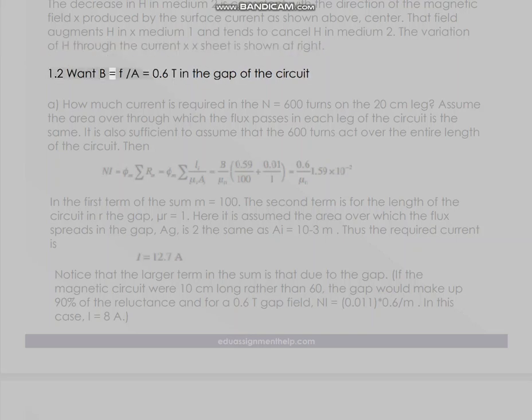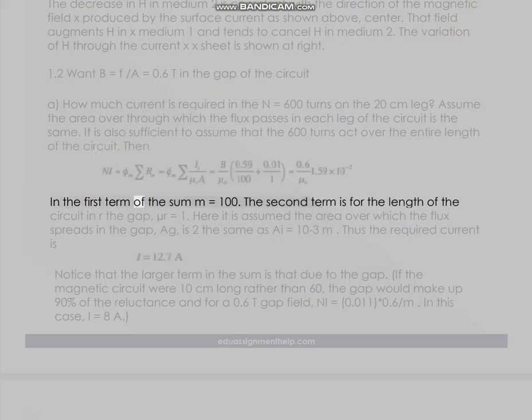1.2 Want B equals F/A equals 0.6 T in the gap of the circuit. A. How much current is required in the N equals 600 turns on the 20 cm leg? Assume the area through which the flux passes in each leg of the circuit is the same. It is also sufficient to assume that the 600 turns act over the entire length of the circuit. Then,